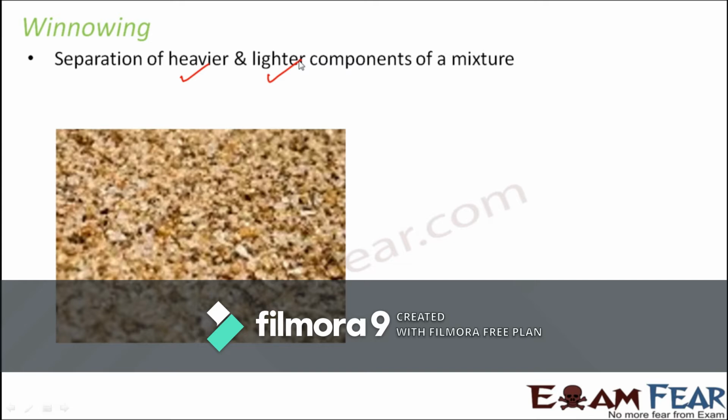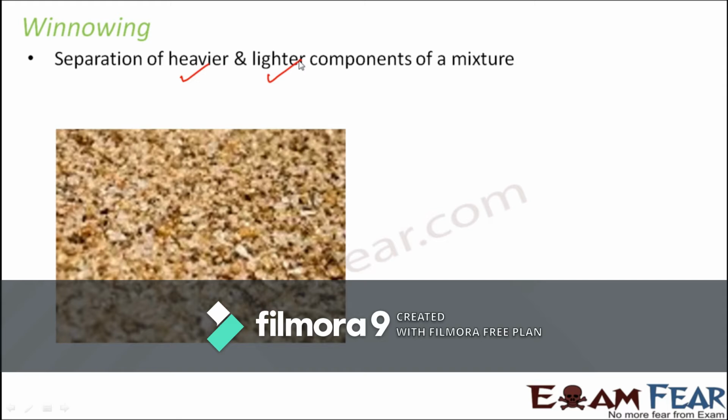So let's think of the example of sand. Let's say you have sand, and I'm sure you know how big sand particles are, and within that sand you have some dry leaves, powdered or crushed dry leaves, mixed with this sand. If I ask you to separate the sand and the powdered dry leaves, how will you separate them? Because size wise both of them are similar. Hand picking is not possible because they are very tiny things. You just cannot keep picking them all. So that's not the right option.